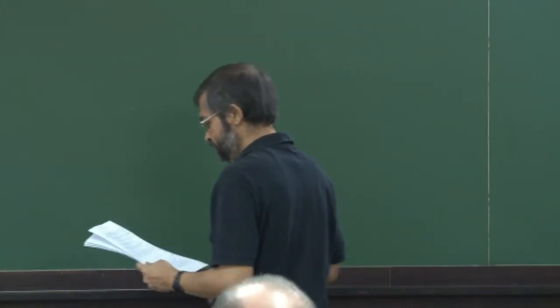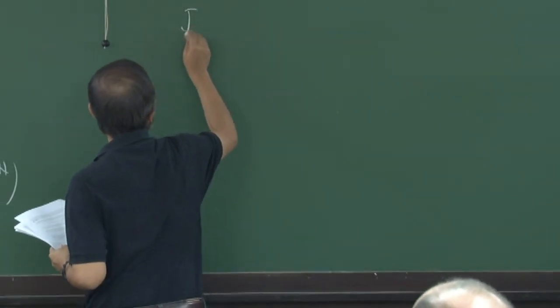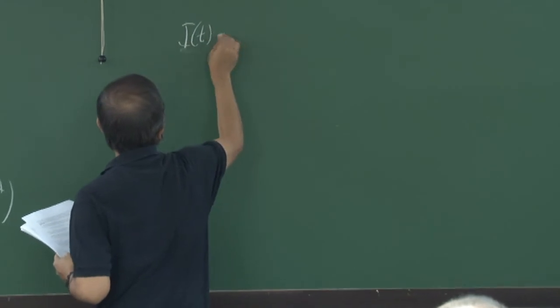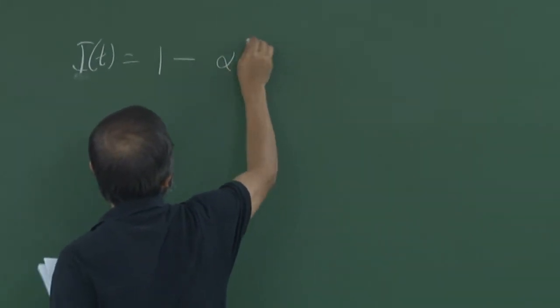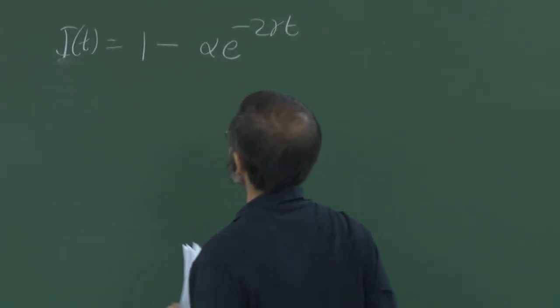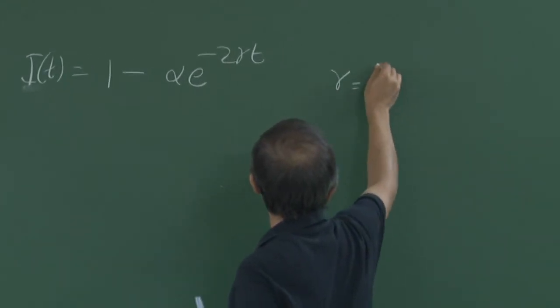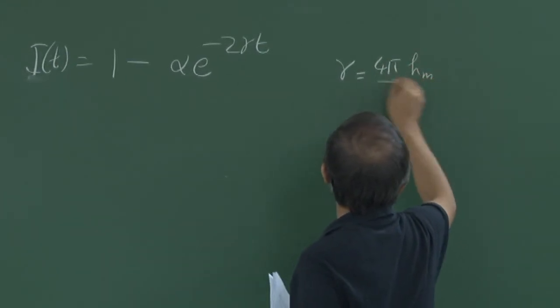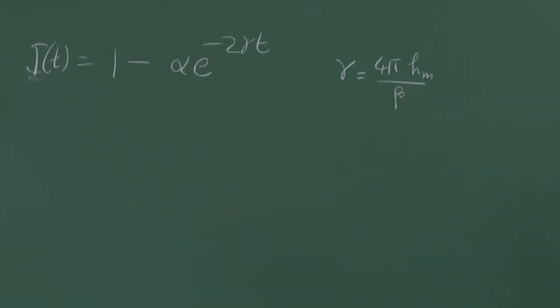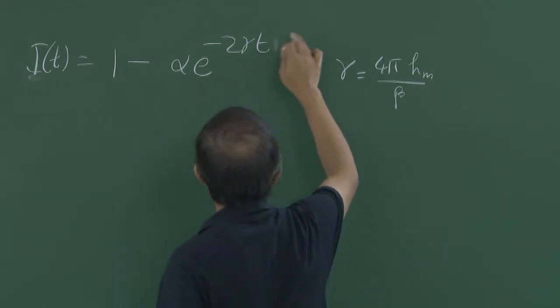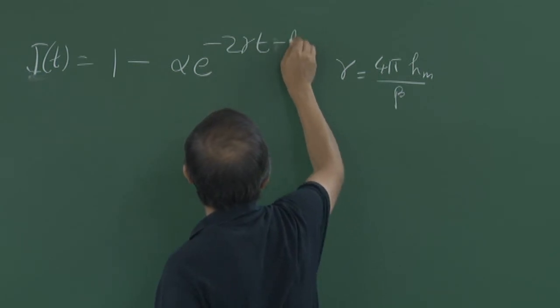Okay, results. So now this I of T has a structure like this, e to the power 2 gamma of T, where as I said, gamma is given by 4 pi h m over beta. This result has already appeared in Cardy's paper in April, and as a result, of course, it means that all local